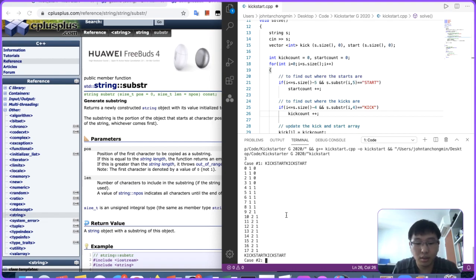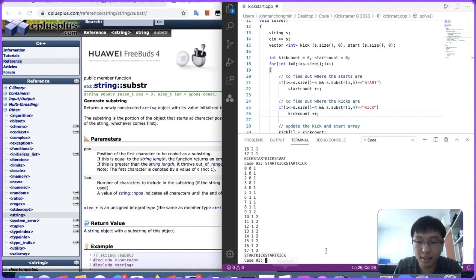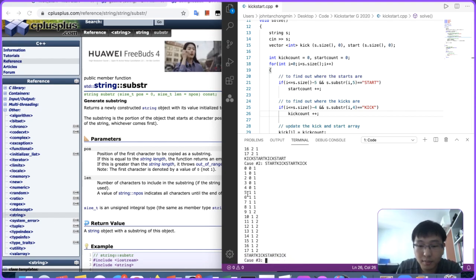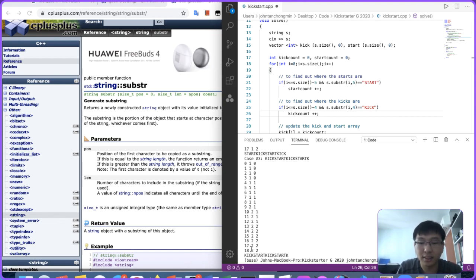Okay, how about start kick? Yeah, it didn't sense the kick as well. How about this, kick start K? Now it senses it. Yeah, one way to do it will just be to just increment the length by one